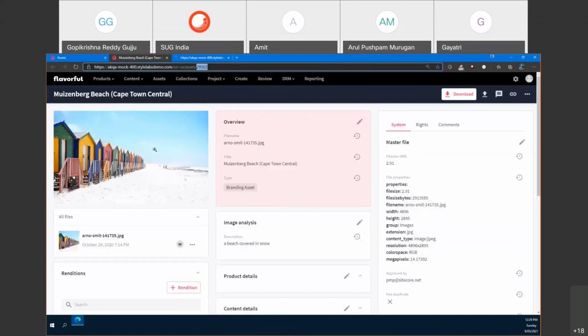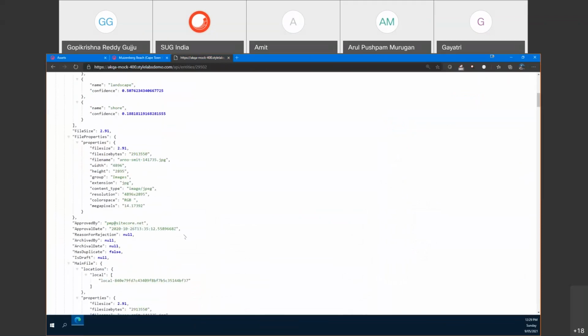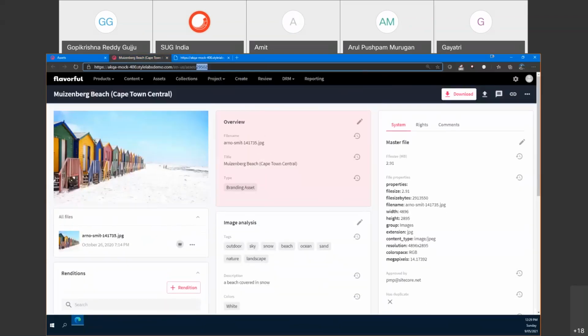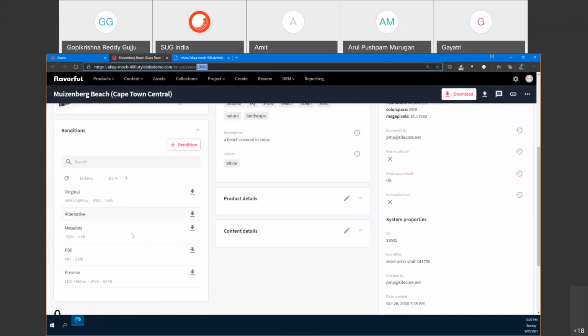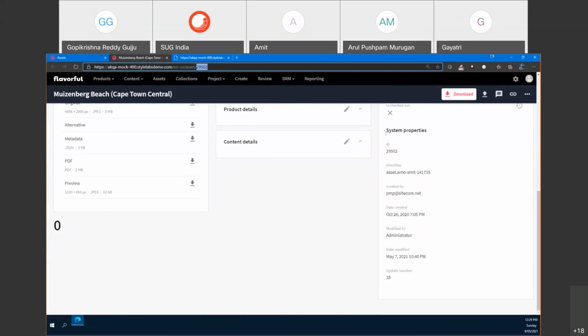Whatever you're seeing in the UI as pretty information, you can see in the REST API as well. As a developer, most of the time we would be working on this, so we know where and how the mapping happens, and based on that we can code in the Web Client SDK, or if you are working with the REST API, how to pass the JSON and everything. So here you have an image and a couple of renditions. Mainly observe here, I'm not doing the normal walkthrough for you. I'm just covering the important pieces for developers.